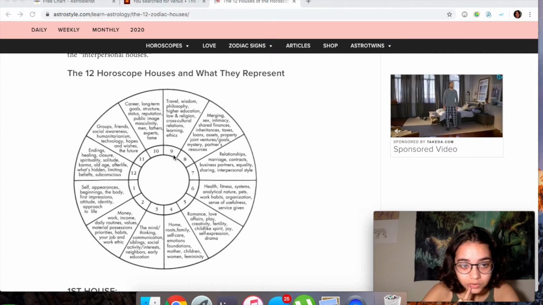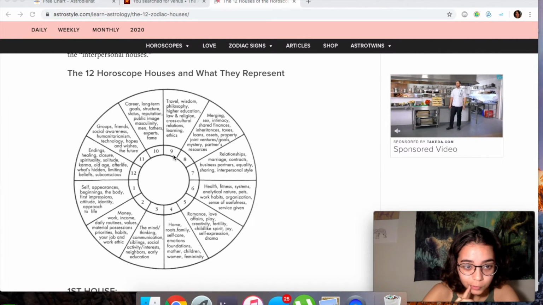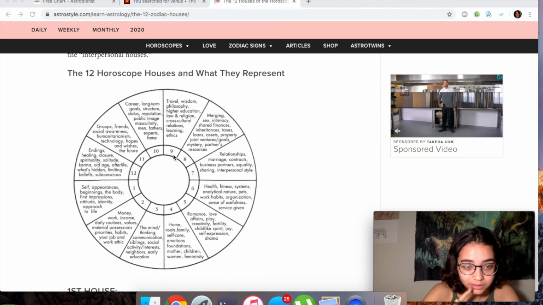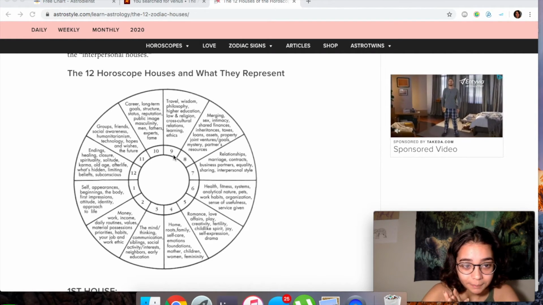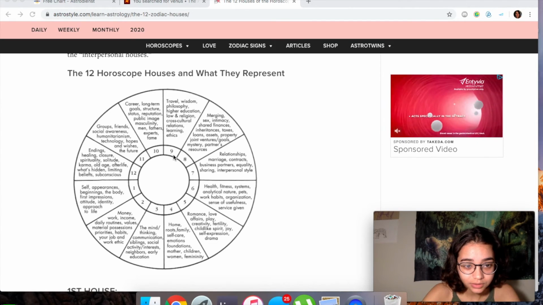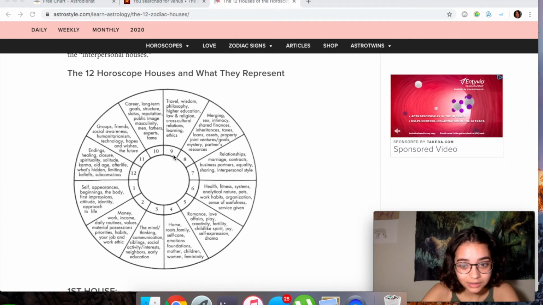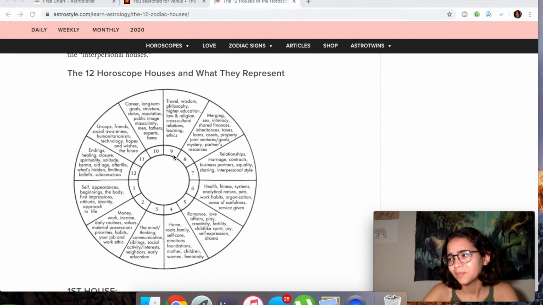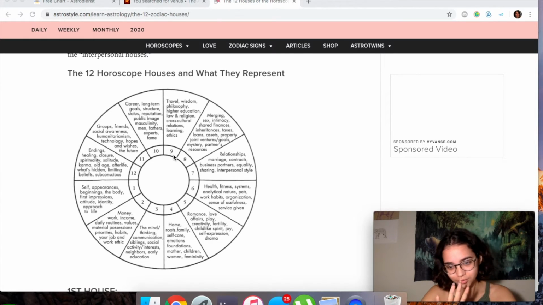10th house: career, long-term goals, structure, status, reputation, public image, masculinity, men, fathers, experts, fame. 10th sign is Capricorn. Capricorn is ruled by Saturn. We know Saturn is also, to a lot of people who know about certain religions and cultures, correlated to